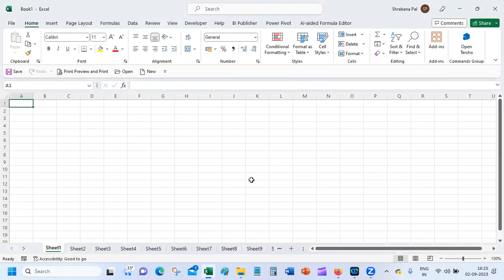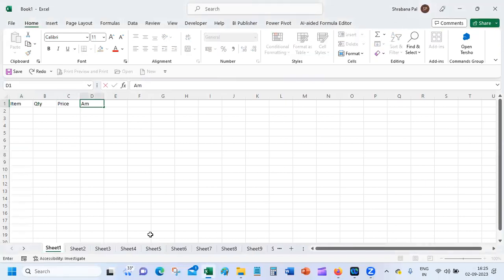Okay, so last week we have seen how we take care of the formatting and all this. Now, today I'll just show you a small piece of how we use this formatting in some other ways. Okay, like one way is, suppose I have item, quantity, price, amount. Okay, item is, let's say, apple, banana,